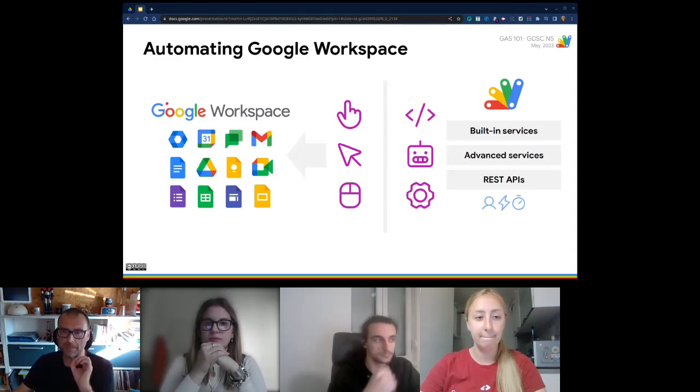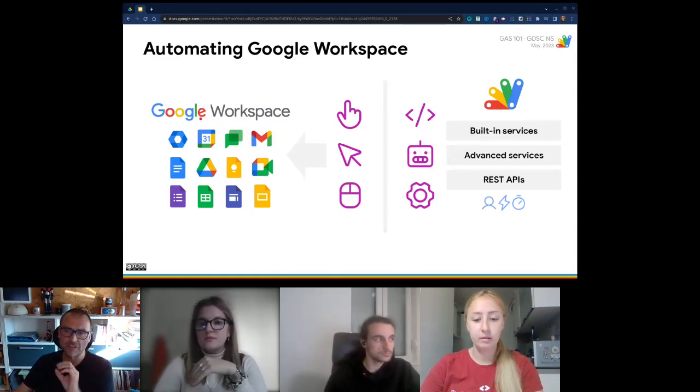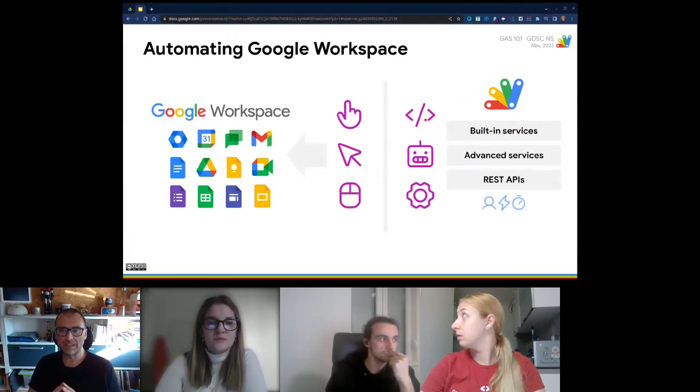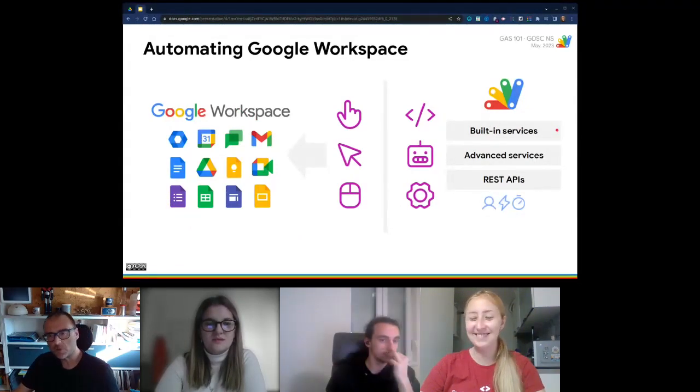So another key concept, key feature that we have to introduce right now is the kind of services we can use. There are, in a nutshell, three ways I can interact with these Google apps, these Google tools. I can use what are called in the reference documentation built-in services, also standard services.